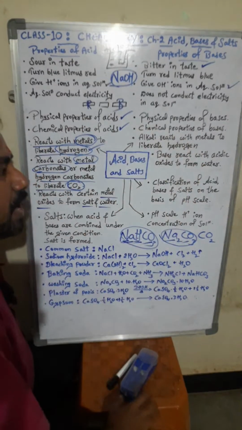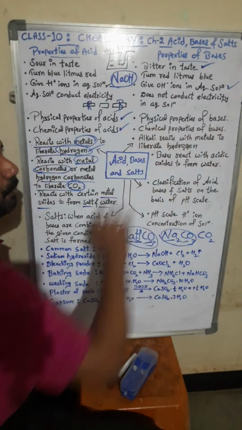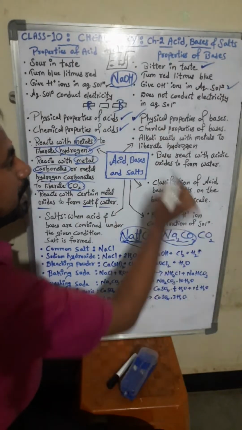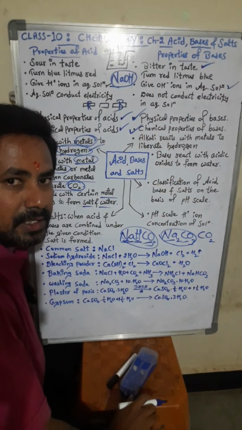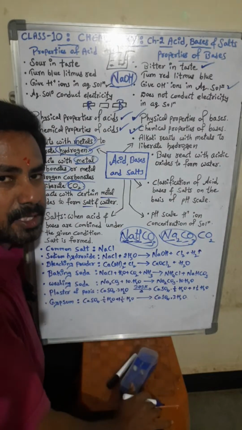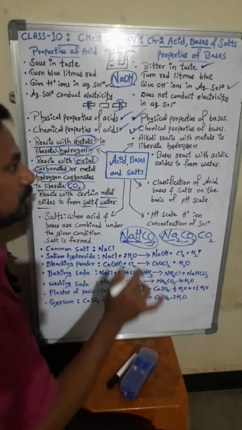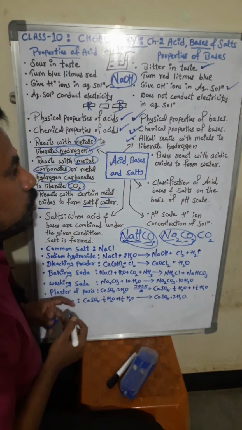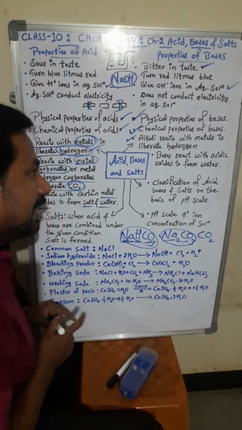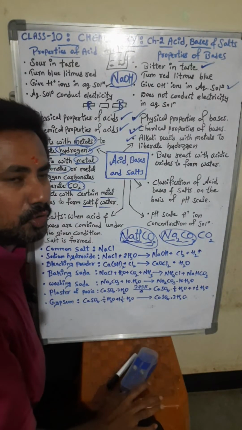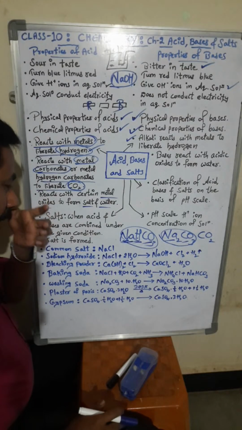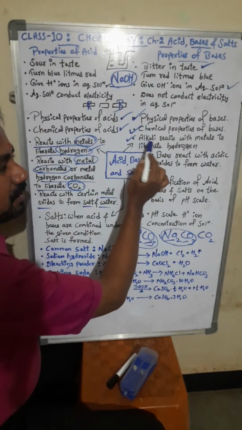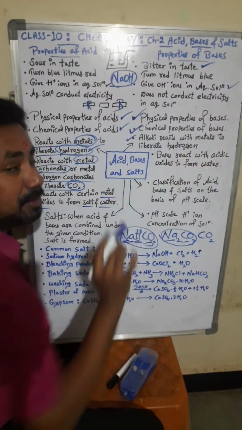Now, bases, what we are going to study in this chapter. Some physical properties of bases and chemical properties of bases we are going to study. Which chemicals are present in bases, we are going to study in detail. And next, alkali reacts with metals to liberate hydrogen. Alkali means what? It is also one type of base only. So don't get confused when alkali comes or base comes. So bases or alkalis, when they react with metals,